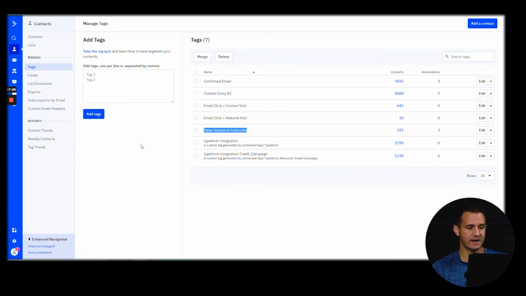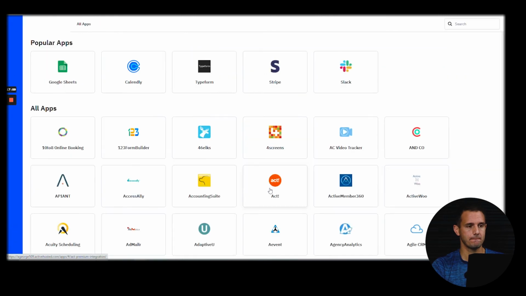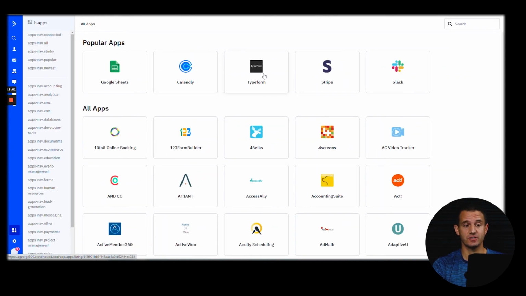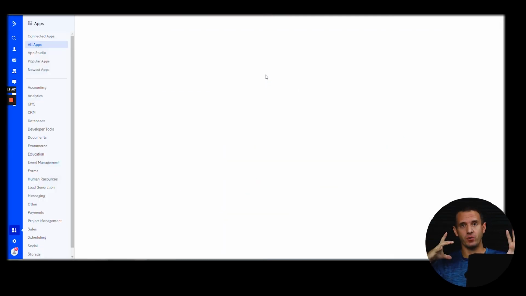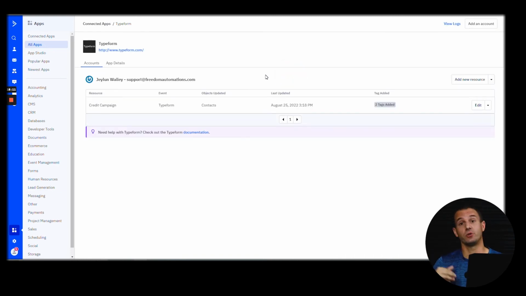Okay, so I'm coming back to ActiveCampaign right now. And I'm going to go ahead and click on Apps. And then you can see here Typeform is actually one of the things we have integrated. So that, yeah, now I can tell out of these 8,500 people, these particular people are actually interested in learning more. So those are the ones I want to send some other sequence, okay?